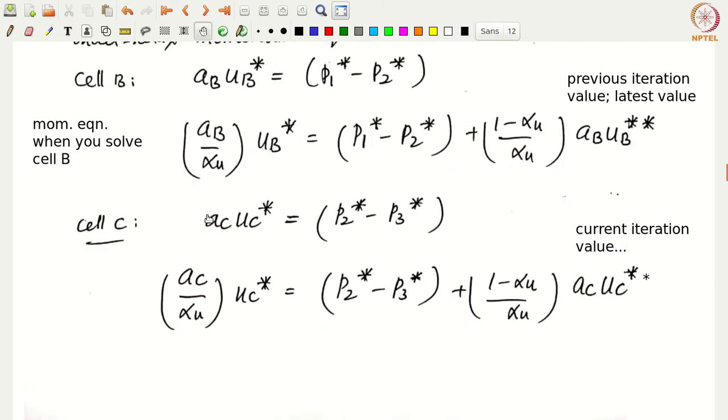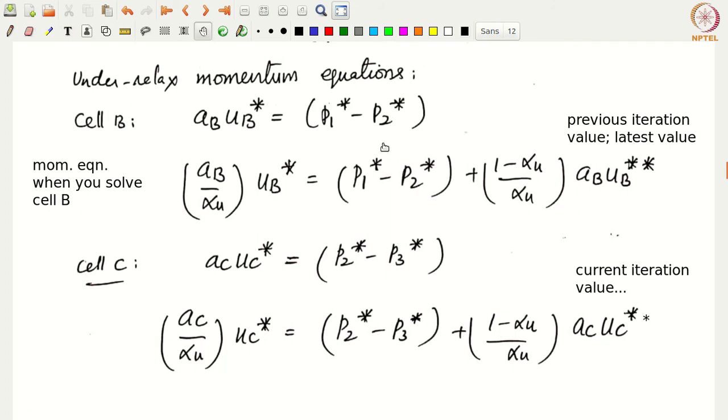We have to, of course, write a code for this and run it so that we would obtain the values for UB, UC, and P2. That we will do in the next class. But for today, we will do the remaining two problems as well and formulate them as such.